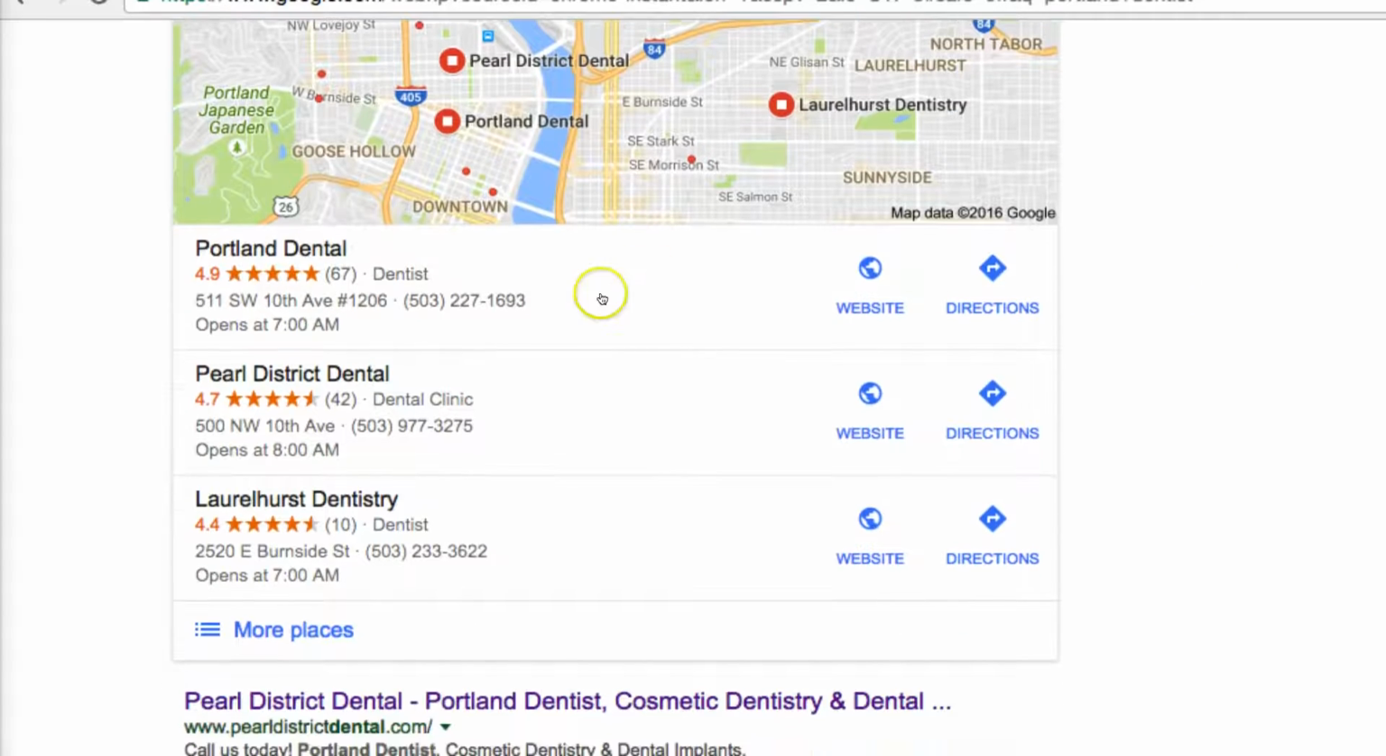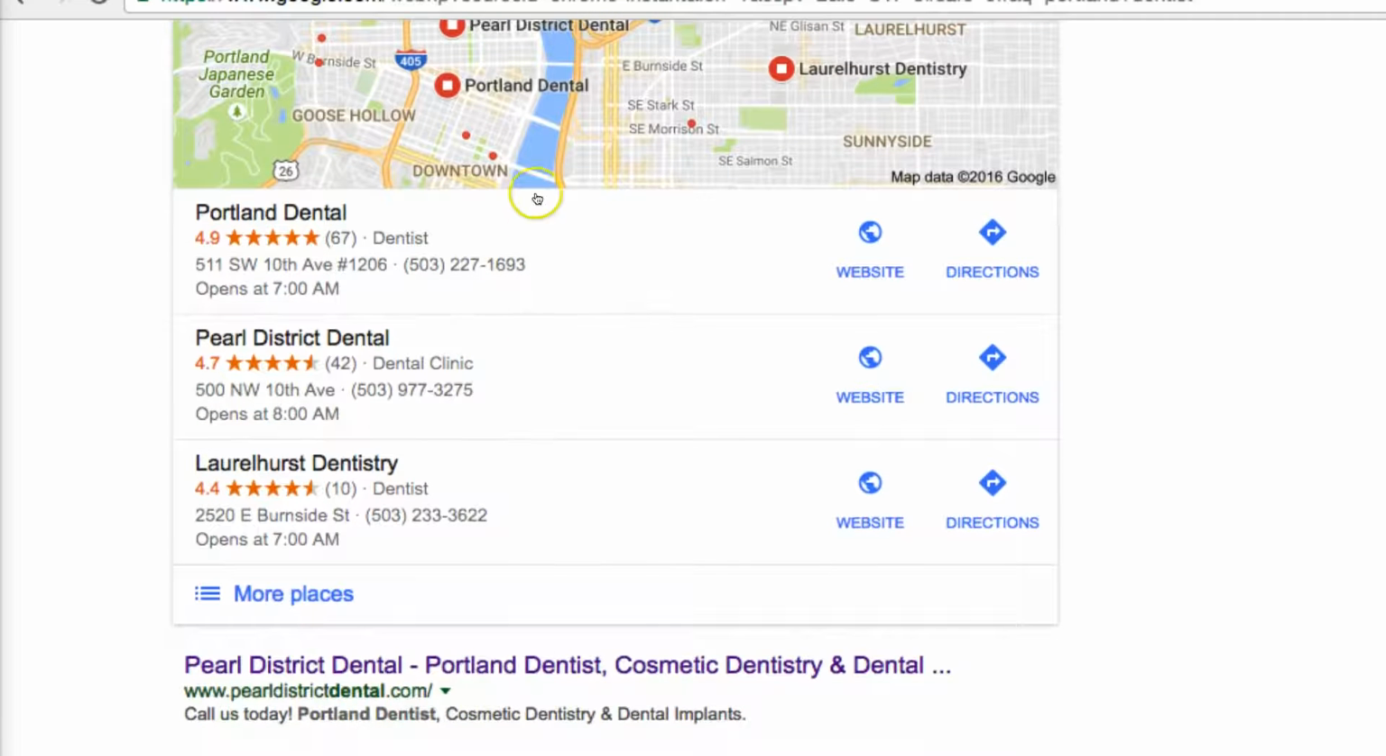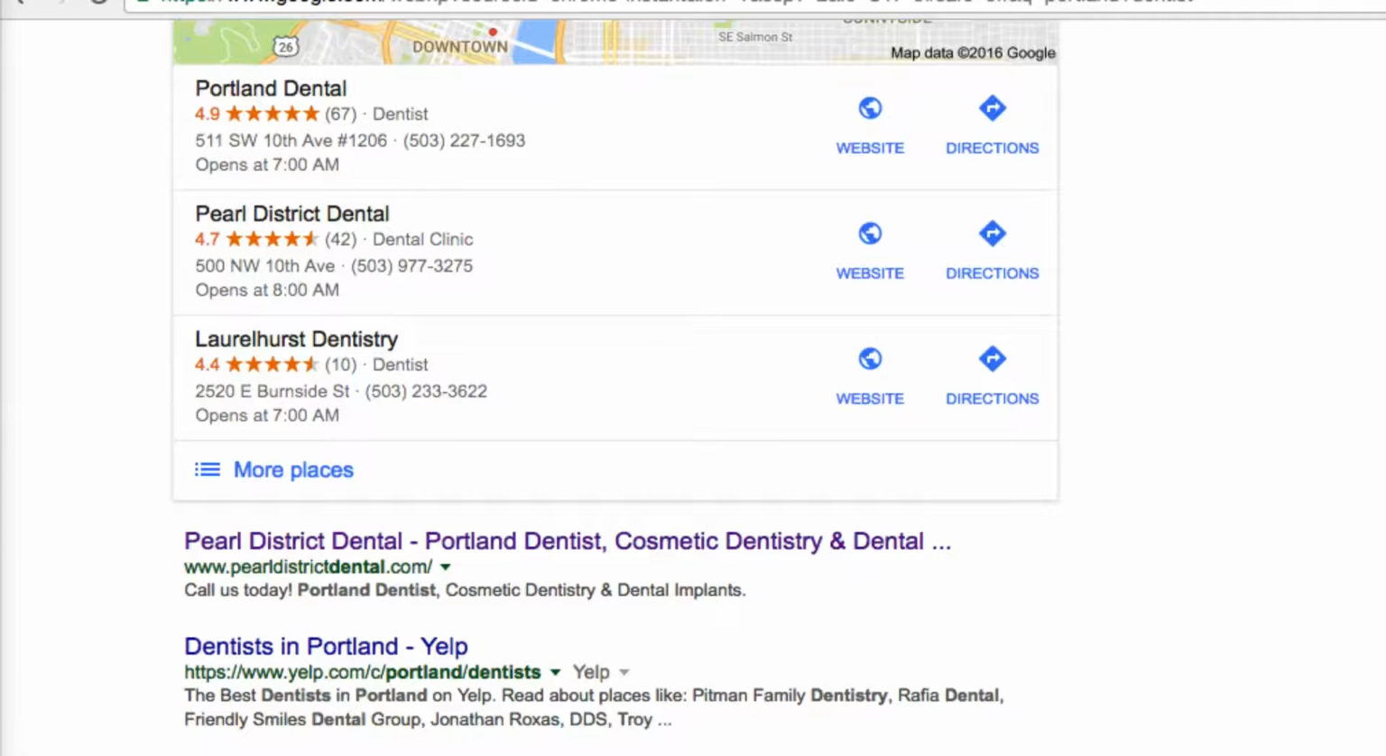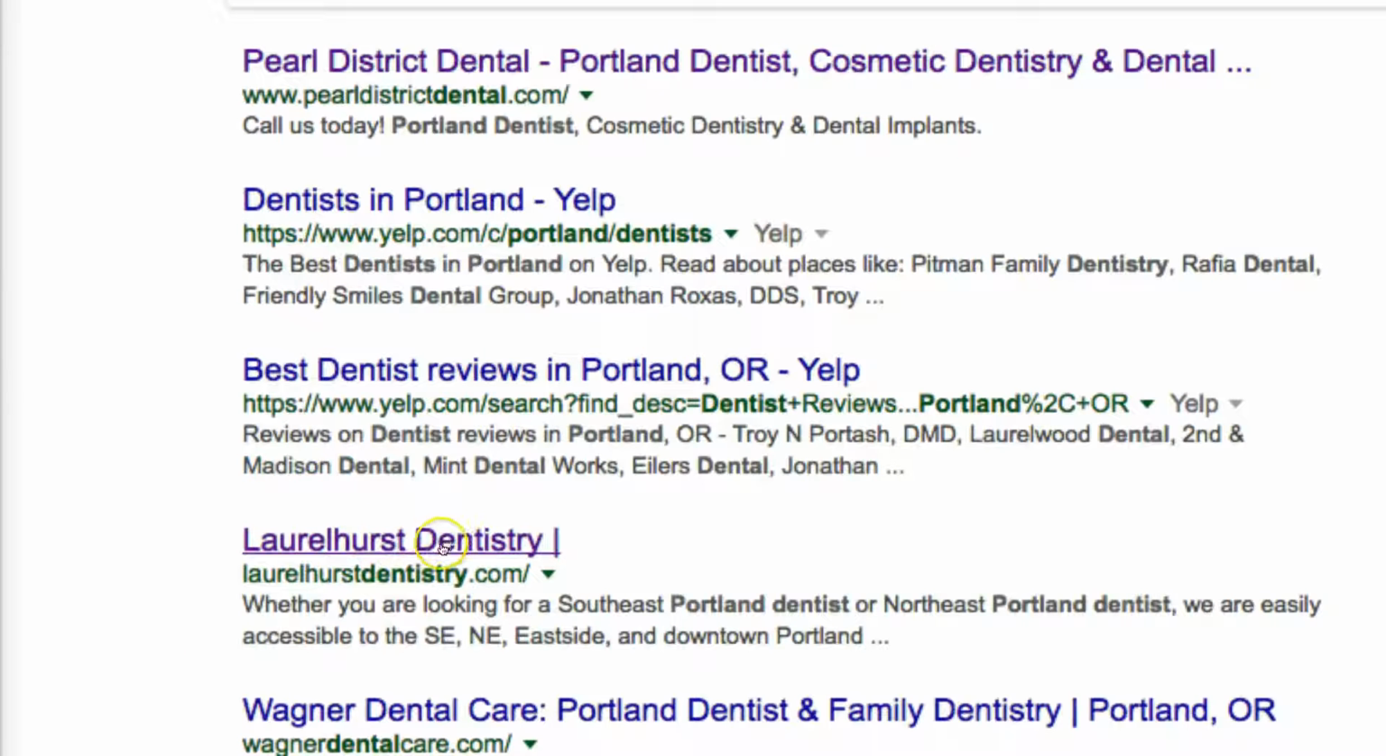Okay, so what we're looking at here are the sites ranking in the maps as well as organic, and we're looking for matches. We're looking for a company that's ranking both in maps and in organic. They're getting rewarded in both spots for what they're up to. All right, so Pearl District Dental, they're second in maps, they're first in organic. Laurelhurst Dentistry in maps, also here in organic. Very interesting that they're here in organic because there's no keyword title optimization. So it'd be interesting to check out what they're up to. But we'll take a look first at Pearl District